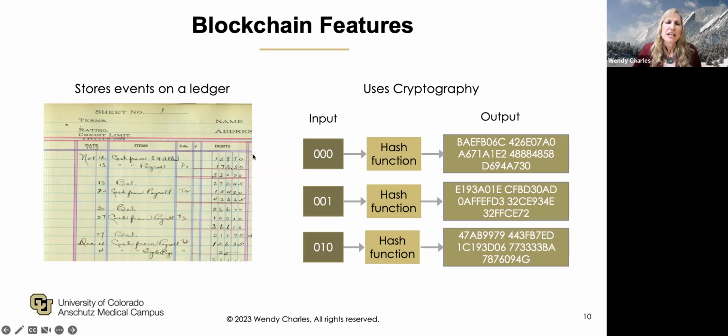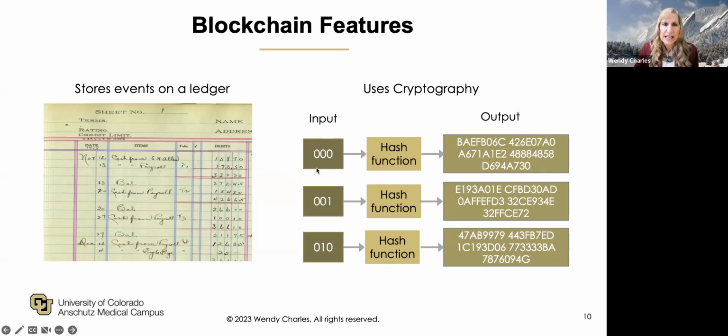For the next concept, blockchain uses cryptography. Cryptography is also not new. Cryptography is used in so many aspects of our daily life, especially whenever we are asked to sign something electronically or transmit information in an encrypted way. But the way that blockchain uses this is that for an input of any type, it can be raw text, it can be a small image, it can be a file, pretty much just about anything, it goes through a hash function that creates an alphanumeric output.